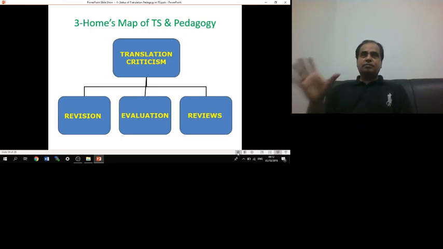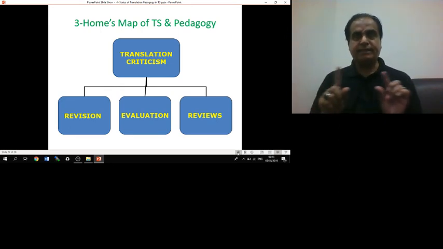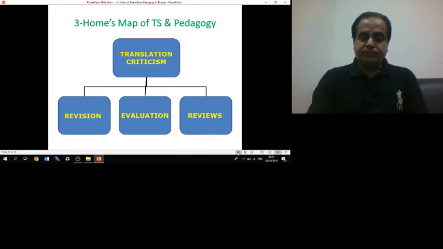The reviews are published on how the book is, what the idea of the book is, and how it came into existence, and what the writer thought to say, and how successfully he or she has been in expressing his or her thoughts and ideas and so on. The same can be applied to translation. So these are three different things.